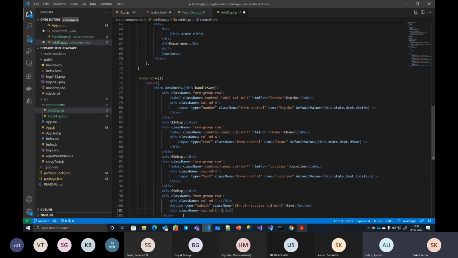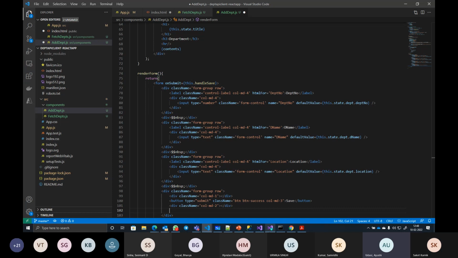Then another div with className col-md, and then I need a button again for cancel. Type is not required this time. Class name btn btn-danger col-md-3, and I want to handle its click event.